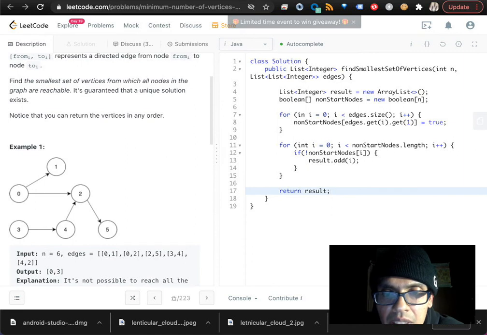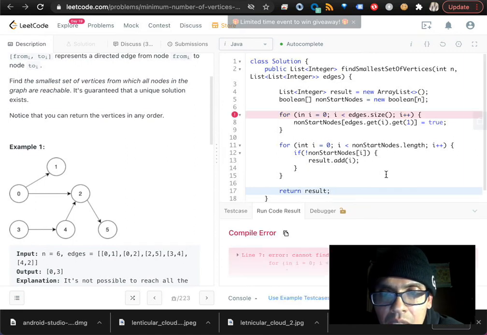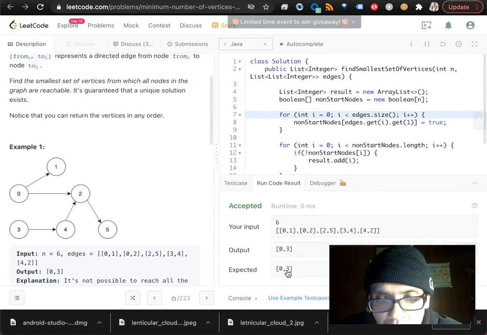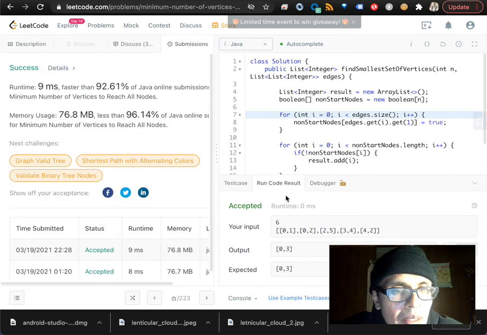So let's see if this works. Okay. Cannot find symbol. Okay, accepted the output, and let's try submitting it. Bam! Look at that,